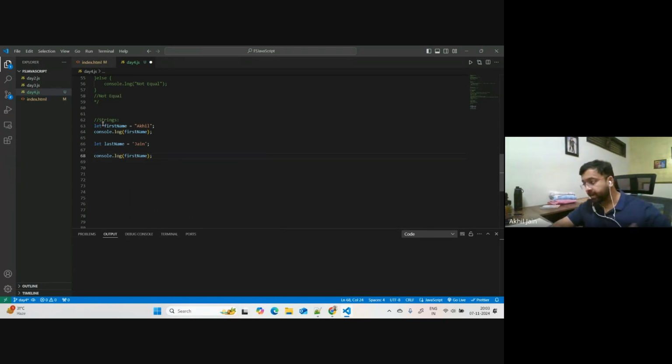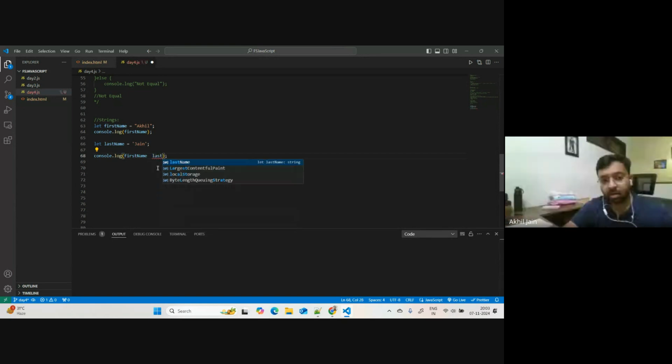Only Akhil is getting printed. Now I want to print both of them together: Akhil, then a space, and then the last name coming in. So I want a space here and then the last name. I cannot write it this way, and I want to display it in the same line. So what I'm trying to do is